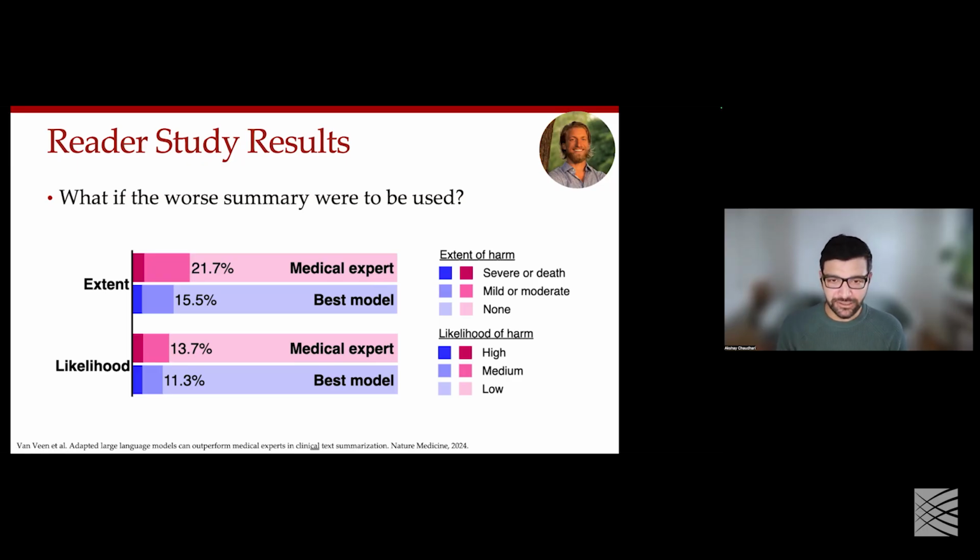So this isn't necessarily a scenario that would be happening in the clinic directly, where we're just simply taking the language model summary, no one is checking it, but everyone is making decisions off of it. But that is the real scenario that we wanted to look at over here. And it was interesting that both physicians and models make mistakes, and that the extent of those mistakes are roughly similar between both of those two. So this just made us a little bit confident that there is potential for these language models to be used to summarize clinical text.